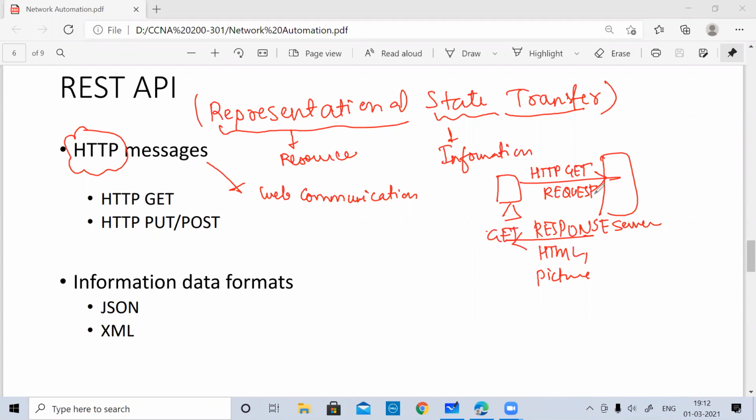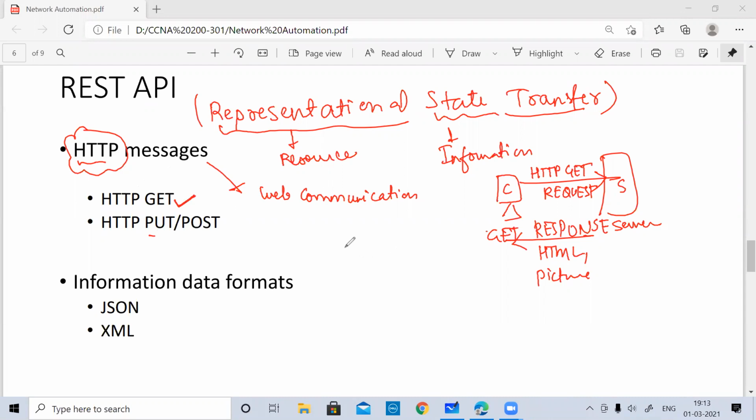These are the messages used by web browsers in web communication, in the client server model. Similarly, we can leverage HTTP to talk with our networking devices, like the controller and the networking devices, using the same HTTP messages. So HTTP GET means you are going to retrieve, requesting some information, and then PUT and POST.